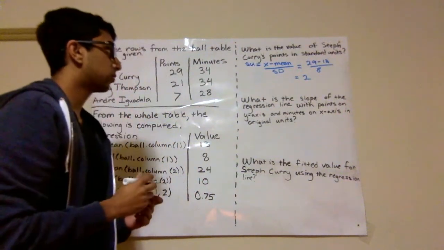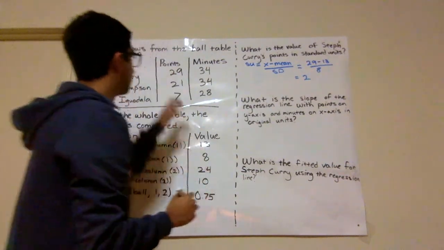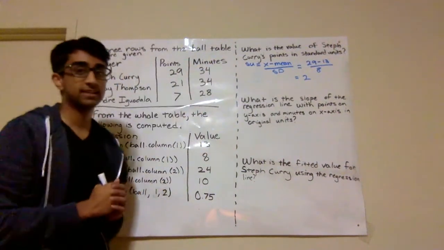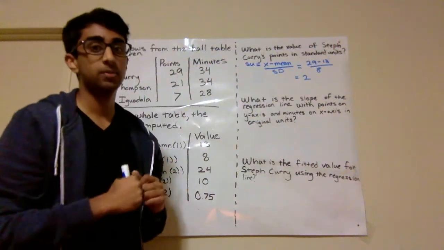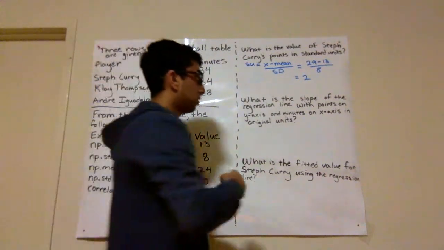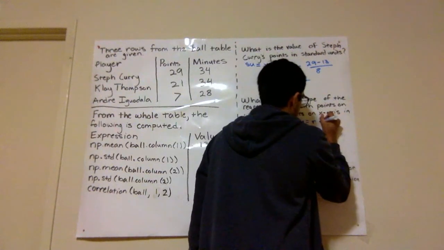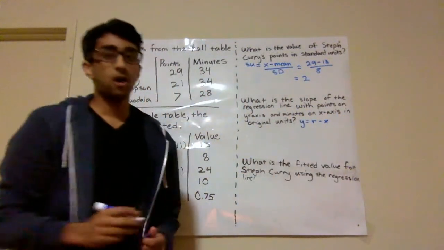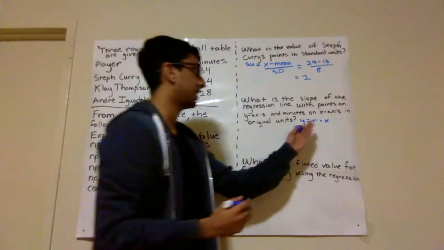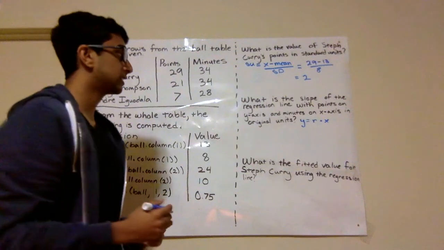So now the next question is going to ask the slope of the regression line with points per game on our y-axis and minutes per game on our x-axis, and we want to calculate the slope in original units. So based on our regression equation, we know that if we just had standard units, R is just going to be our slope for standard units if both y and x are in standard units. Unfortunately for us, this is not the case. We have to find the slope in